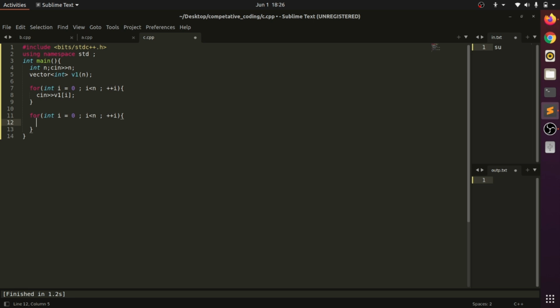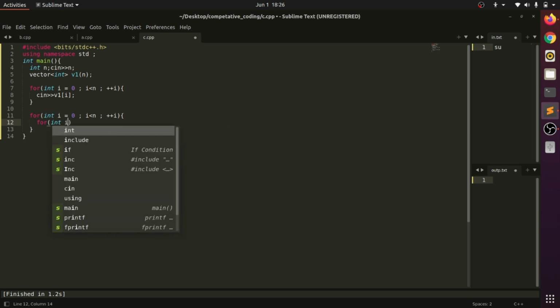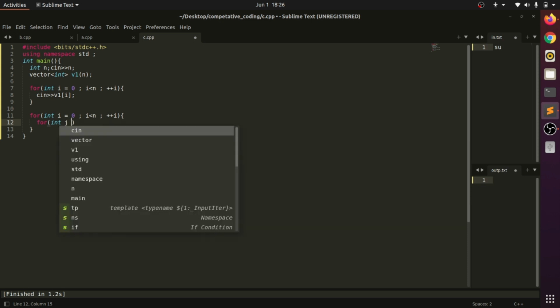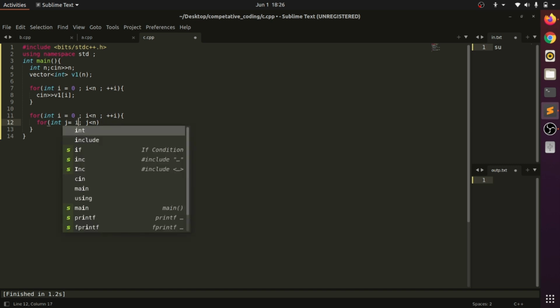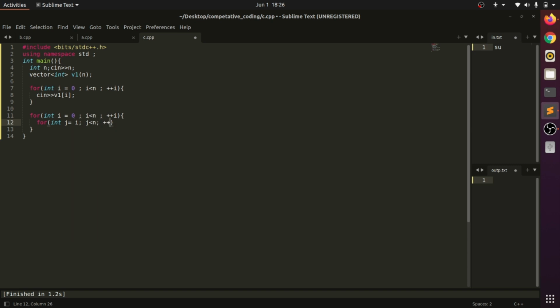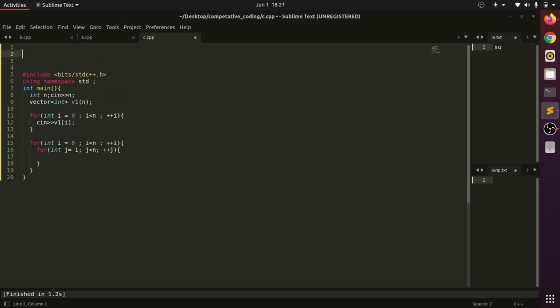Then I am doing the second loop, j equals i, we have to start with i. If you don't understand what I am doing, I will try to explain it with an example, to show why I am taking the first and second loop.